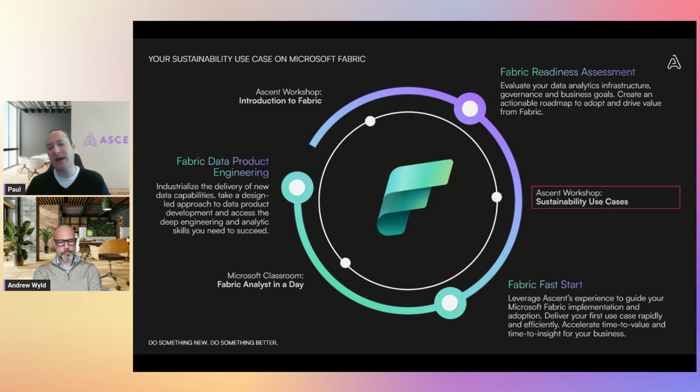But going beyond that, we also have fast starts, so we can help accelerate the deployment of Microsoft Fabric, as well as the data engineering and the transformations. As I mentioned, we've got these pre-built templates for ingesting data from various sources, for transforming it and merging it into the ESG data model from Sustainability Data Solutions. So we've got quite a few accelerators that really reduce that time to implementation for you as an end user.